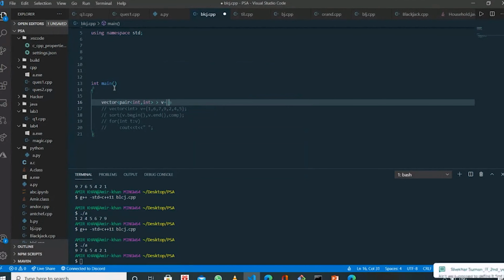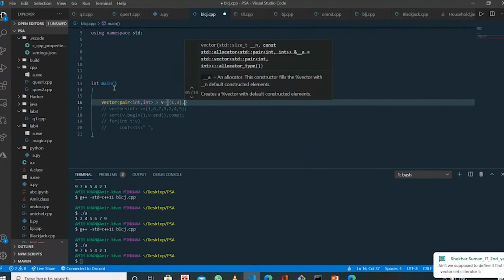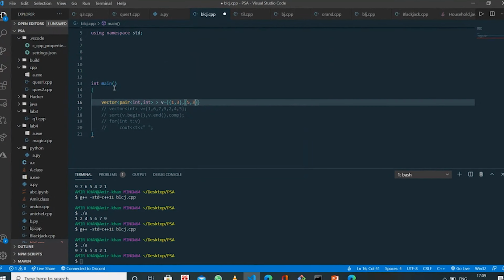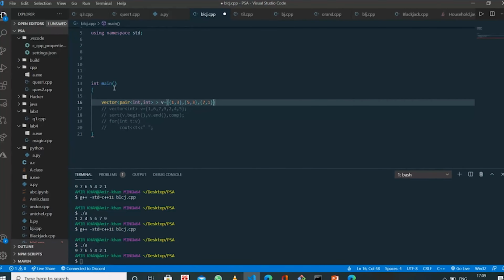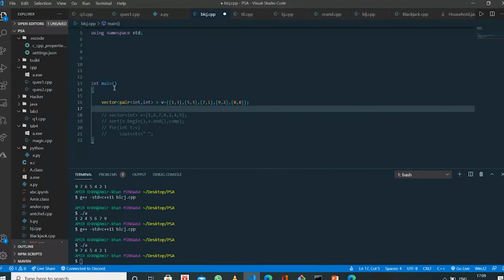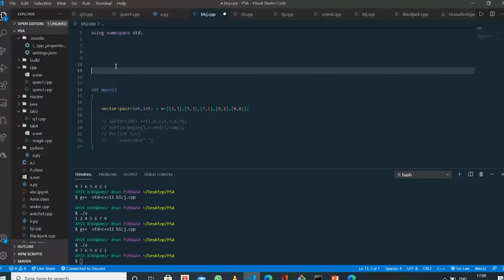Let's give some values: 1, 3, 5, 3, 7, 1, 2. I want to sort the vector of pairs. So for that, I need to write the comparator function.